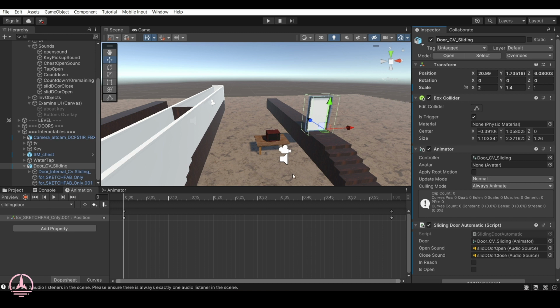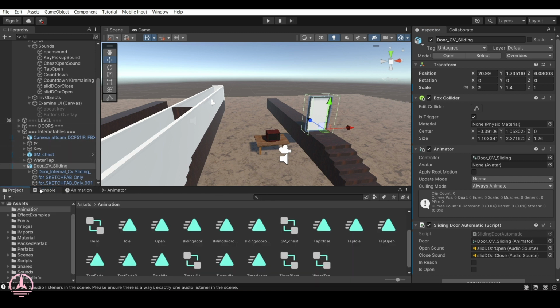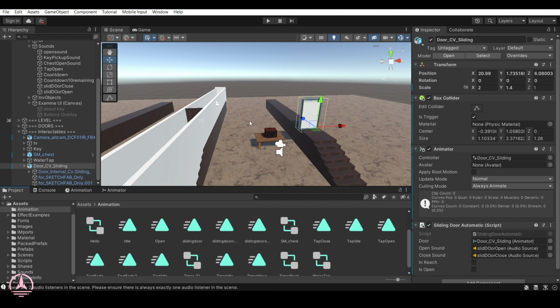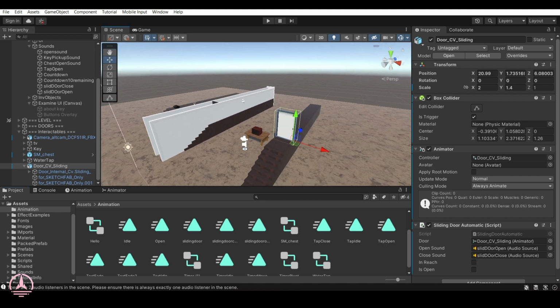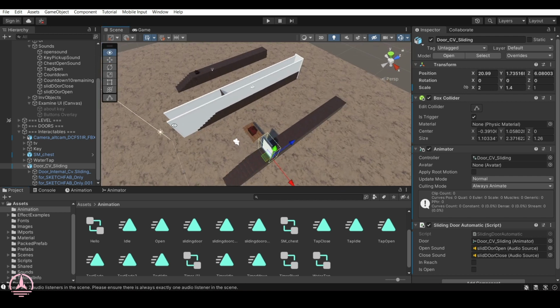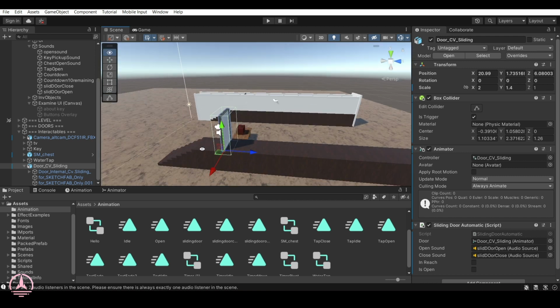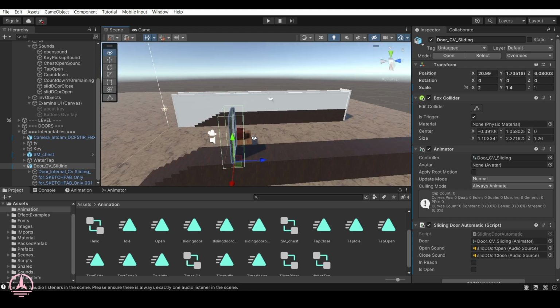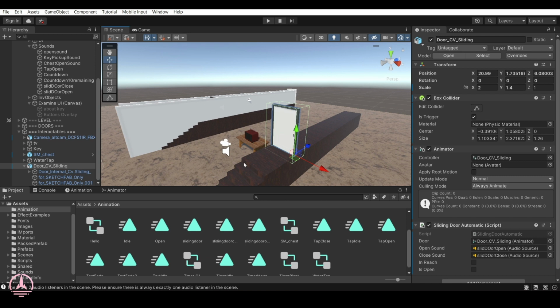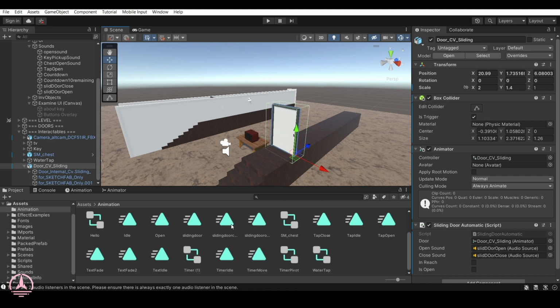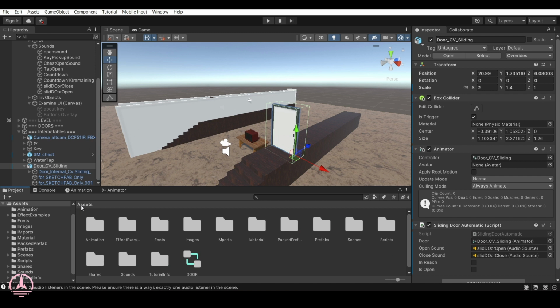And maybe I'm forgetting something. What should it be? I don't think I'm forgetting something. If I have forgotten something, and it doesn't work, just ping me in the comments or on Discord. I will reply to you. I can understand and remember all the stuff, but I always try to explain everything in detail for you guys to understand and work nicely and efficiently on your scripts and projects. So yeah,